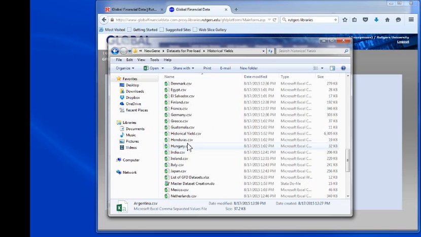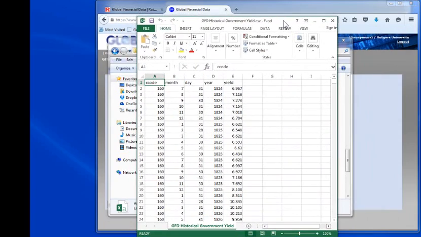Now, you may want to incorporate into NewGene just one particular country's bond yield data, or maybe a variety of different data for a particular country. In my case, what I wanted to do was incorporate all of the bond yield data for these various countries into NewGene. And so what I did was create a single spreadsheet. You can see here I call it GFD Historical Government Yield. You can see it's a CSV file, which means it's going to be easy for me to incorporate it and